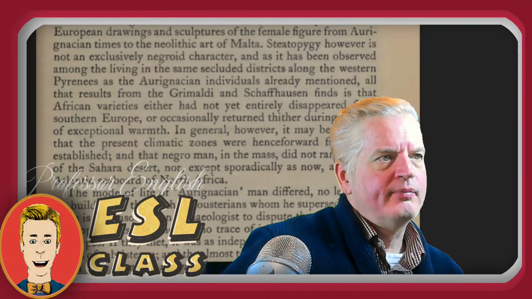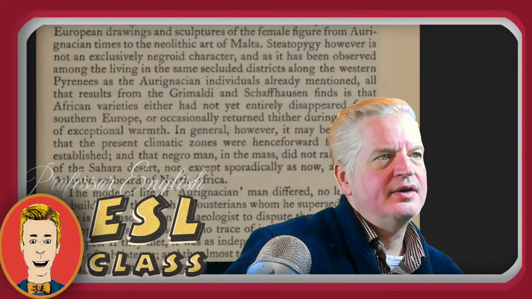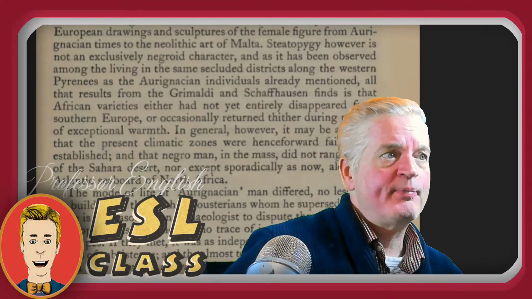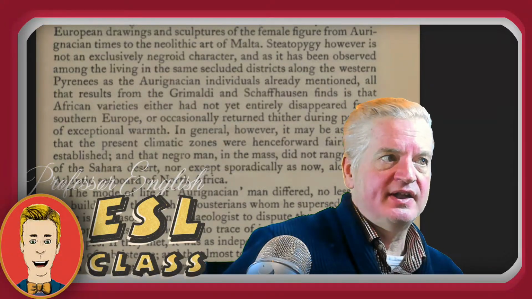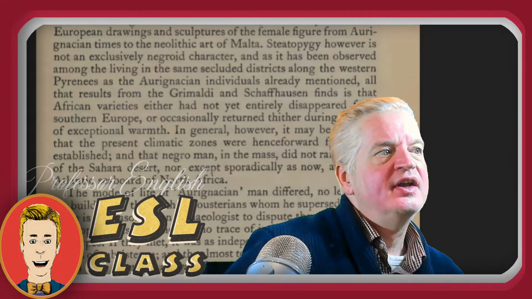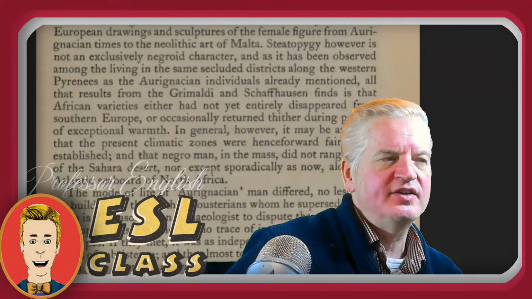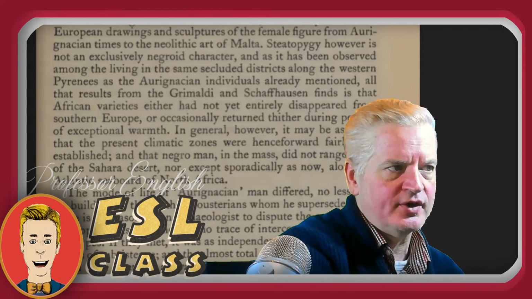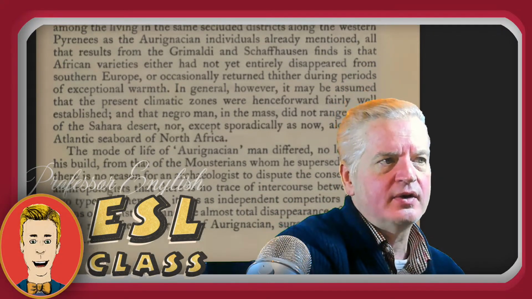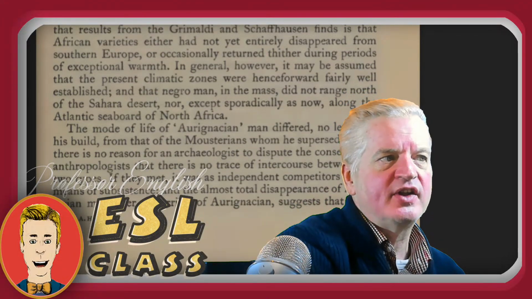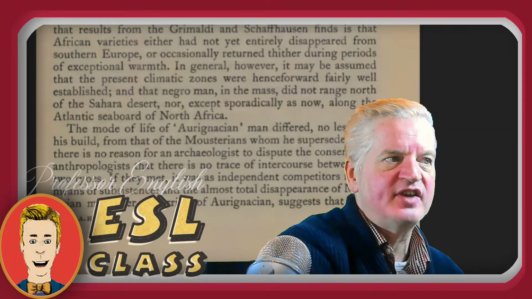Steatophagy, however, is not an exclusively Negroid character, and as it has been observed among the living in the same secluded districts along the Western Pyrenees as the Aurignacian individuals already mentioned, all that results from the Grimaldi and Schaffhausen finds is that African varieties either had not yet entirely disappeared from southern Europe, or occasionally returned thither during periods of exceptional warmth. In general, however, it may be assumed that the present climatic zones were henceforward fairly well established,